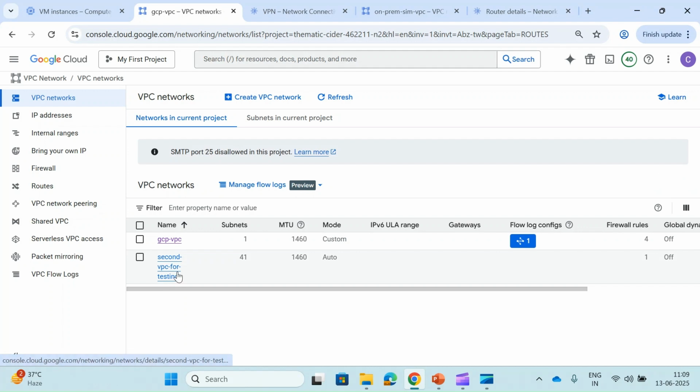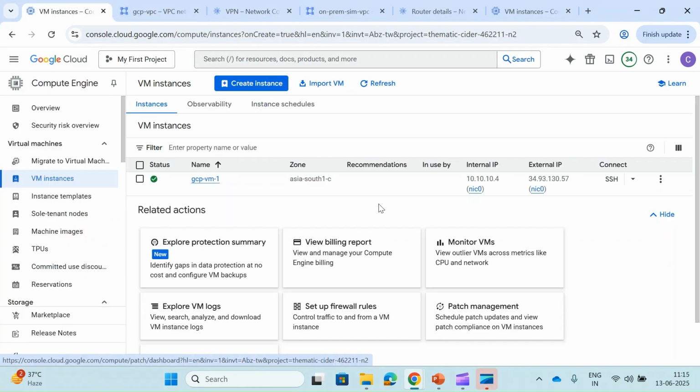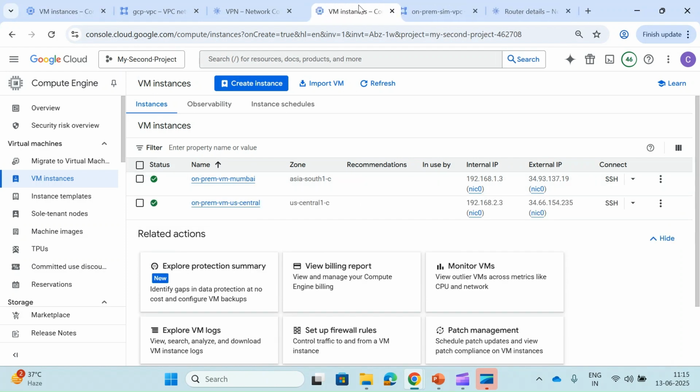Now the second thing is, let's create some VMs and try to send traffic and see how it works. So my VMs are ready. Let me show you something. This is my one VM in my first project, and here I have two VMs in the second project. One VM is in Mumbai, and one is in US Central one, as you can see from the zone also.